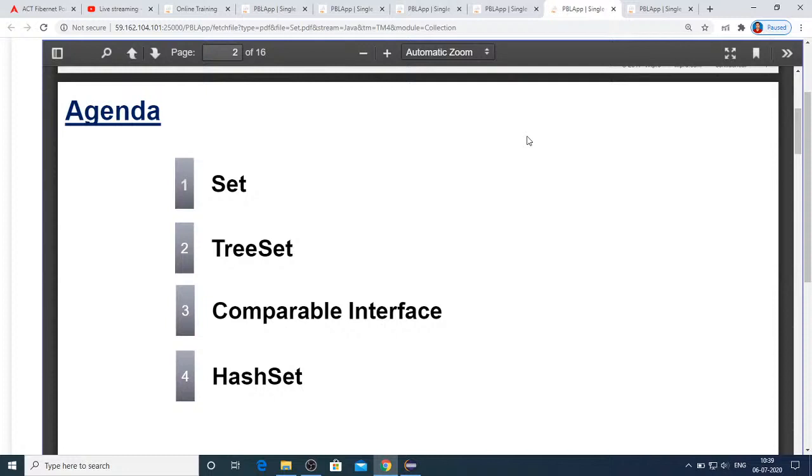So when we say it is inherited from the set interface, whatever we have discussed with regard to set will also be applicable to TreeSet. No duplicates are allowed and no null elements are permitted. It will iterate in sorted order. We use TreeSet for sorted order, and by default it will be in ascending order.